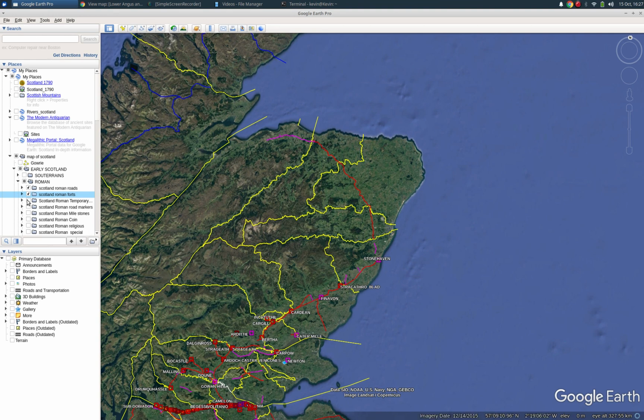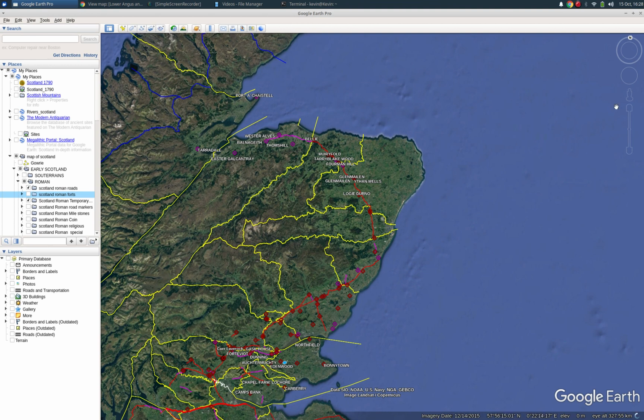However, there are temporary marching camps. Now, temporary marching camps tend to indicate military campaigns into a region, in as much as they would build a temporary marching camp during a military campaign. It would only be if they stayed there for any time that a temporary Roman marching camp would effectively turn into a fort over time, just because of the work that would be carried out by the Roman